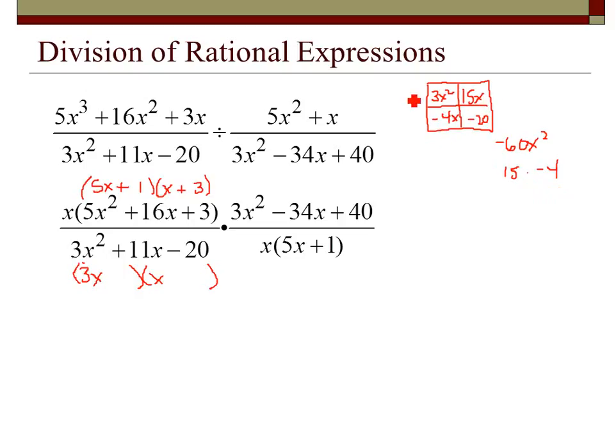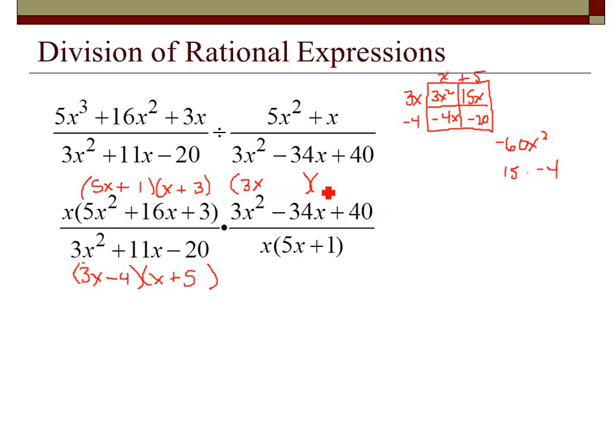Then I can factor across. I get 3x, get an x times negative 4, 3x times 5, and then I've got my factors. So I know this one's going to be 3x minus 4, and then x plus 5. Now, even if I wanted to do that same thing with this one, now my numbers are getting kind of big. But if I think about it, I could probably figure it out